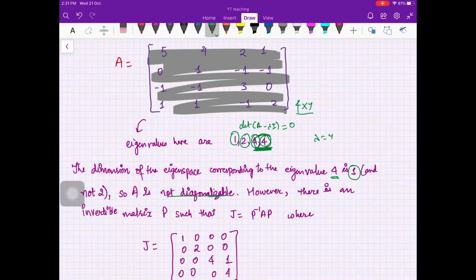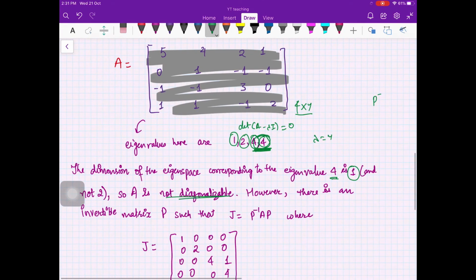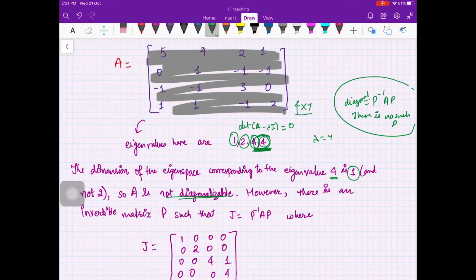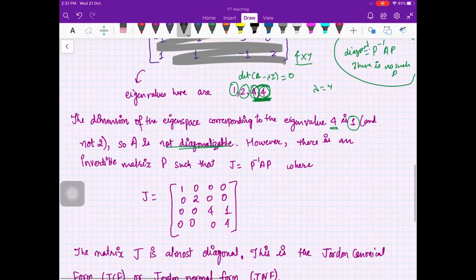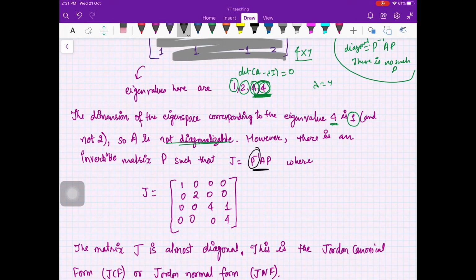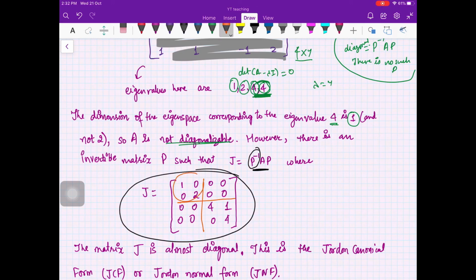Saying that this is not diagonalizable means that there is no matrix P such that P inverse AP is a diagonal matrix. We agree that there is no such P. But I am not proving it. I am just telling you that there exists a P such that P inverse AP is of this form. Although this is not diagonal, it is clearly a nice form. This is Jordan canonical form. You see, you have a Jordan block here, and a Jordan block here.